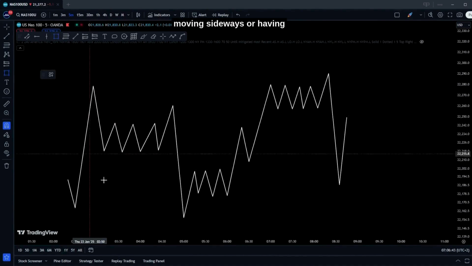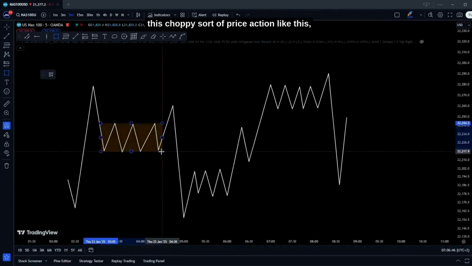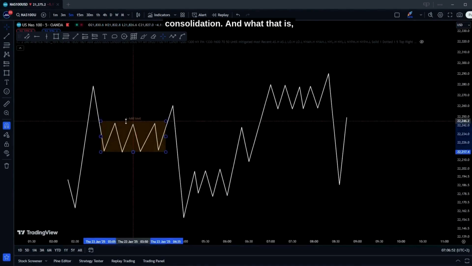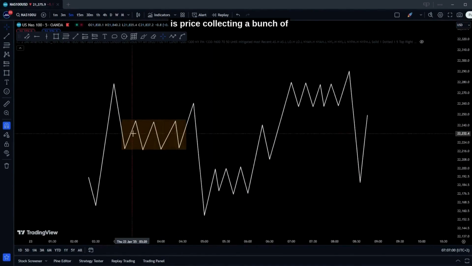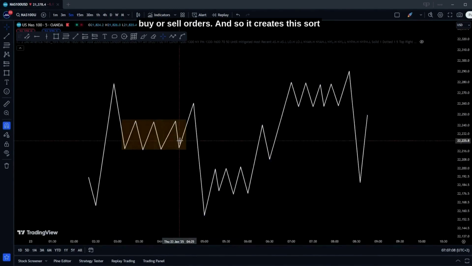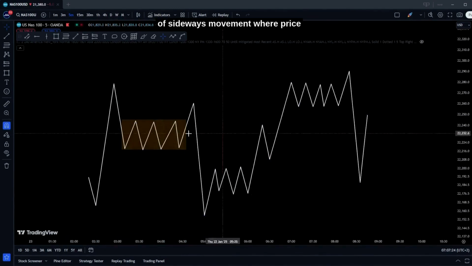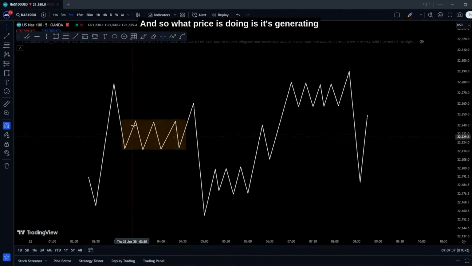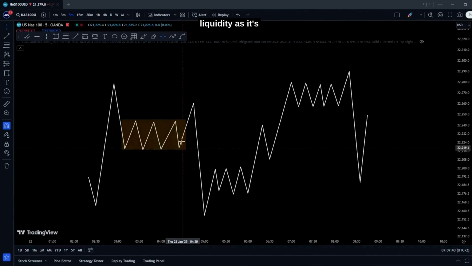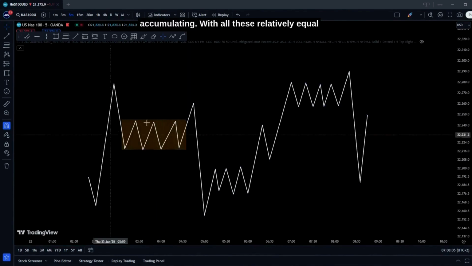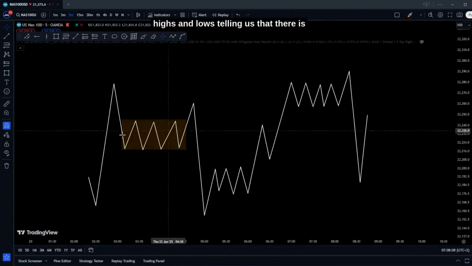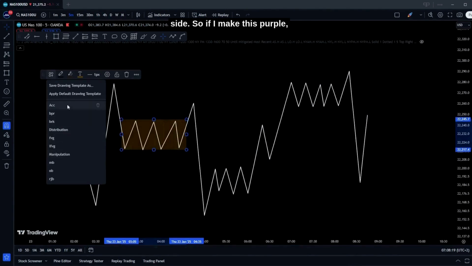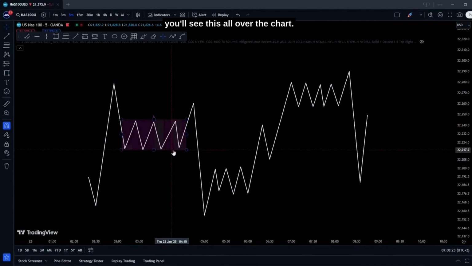If you've noticed, we go through different cycles or phases of price action, and what that looks like is this. So if you see price moving sideways or having this choppy sort of price action, this is known as accumulation or consolidation. And what that is, is price collecting a bunch of buy or sell orders. And so it creates this sort of sideways movement where price has no definitive direction. And so what price is doing is it's generating liquidity as it's accumulating, with all these relatively equal highs and lows telling us that there is liquidity resting on either side. So if I make this purple, you'll see this all over the chart,